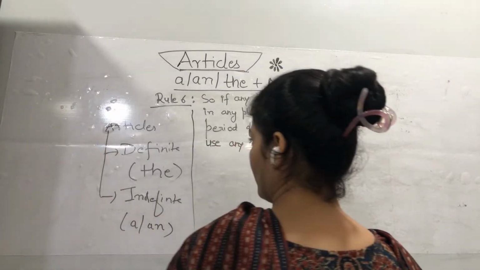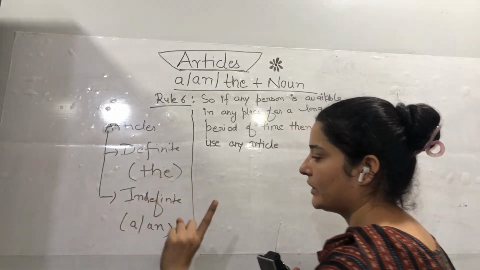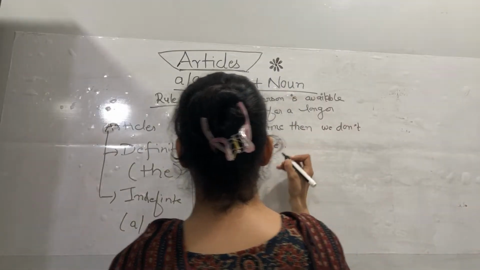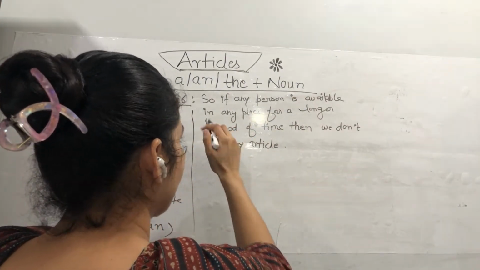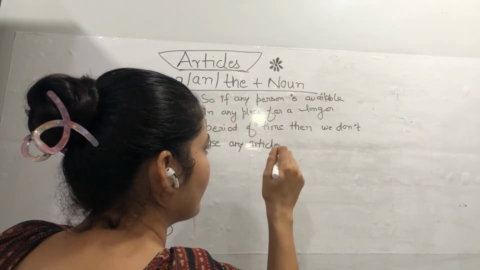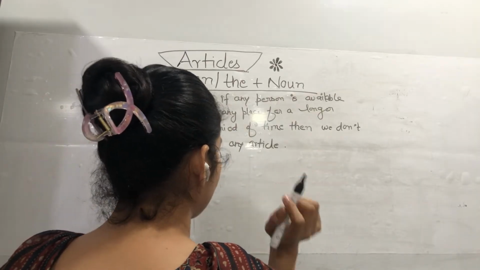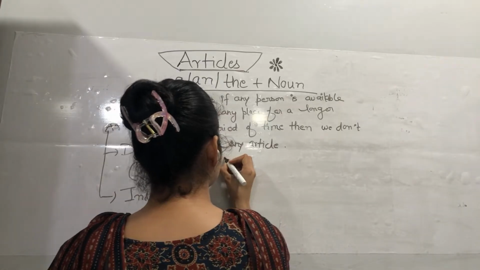Definite means surety. We know about that particular thing. Okay. So I have written here. So let me once read it again. So if any person is available in any place for a longer period of time, then we don't use any article. All right. For example,